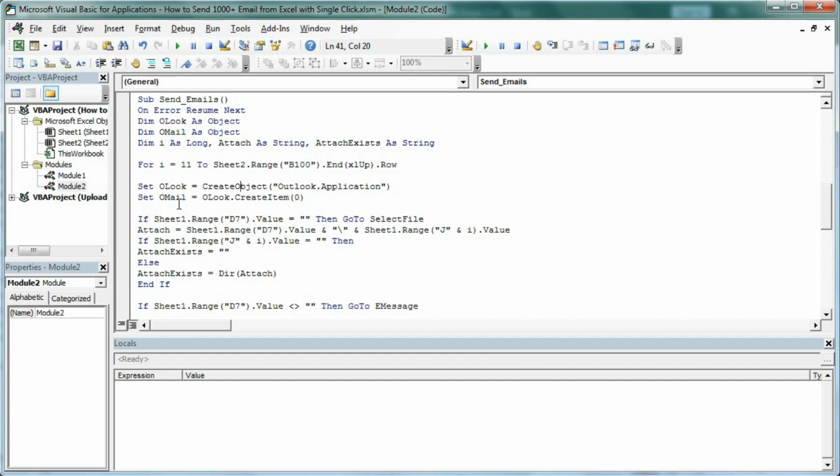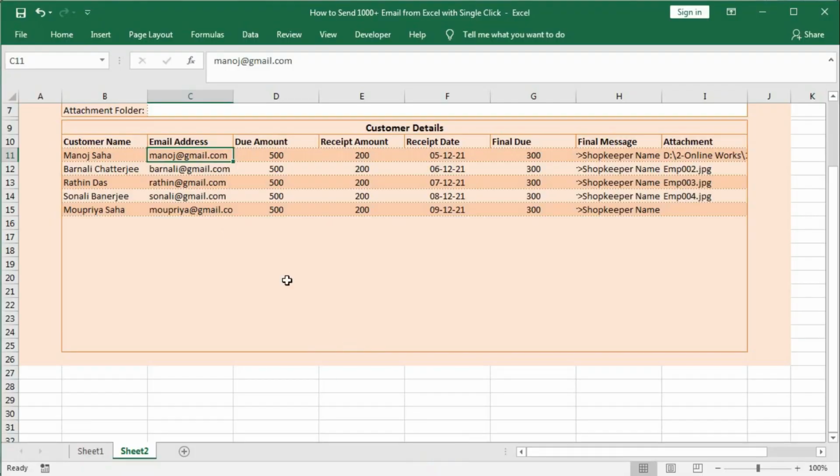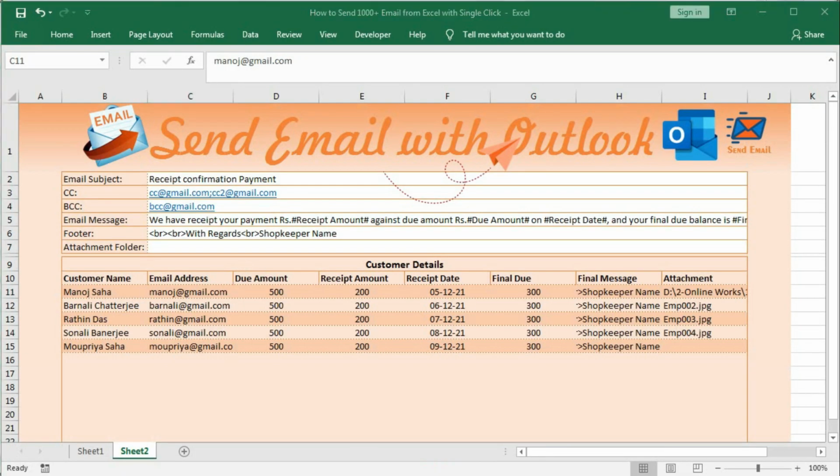Now here we set OLOOK equal to create object within bracket and within quotation outlook.application. So we create the object as outlook application and set OMail as OLOOK, that is outlook application dot create item equal to 0. That is the email message. If sheet 2 dot range D7, that means here it is C7, so here we will put C7.